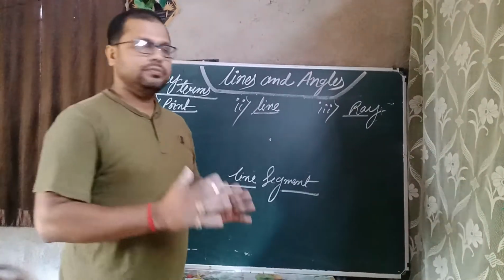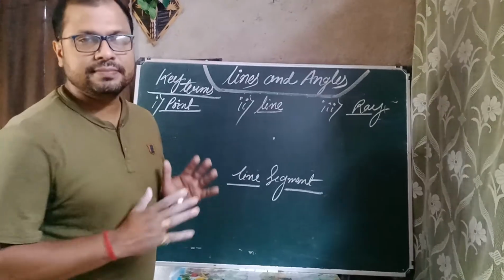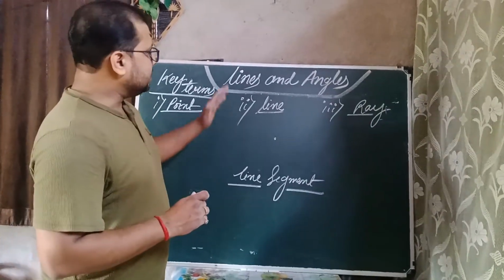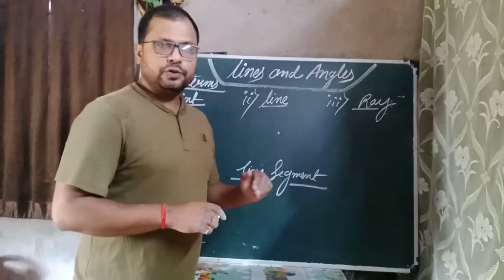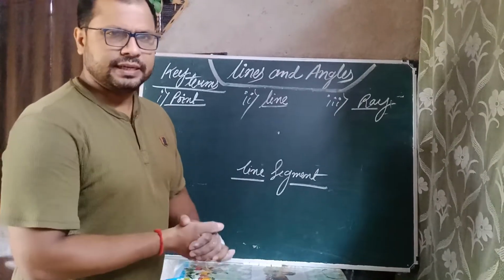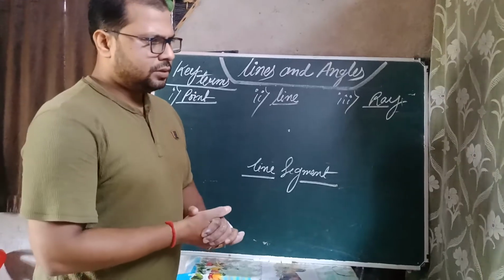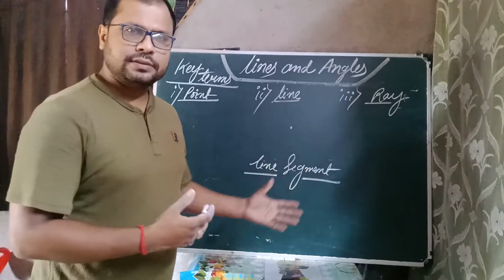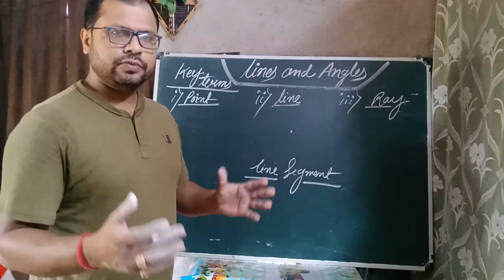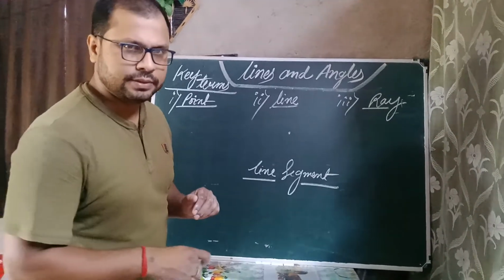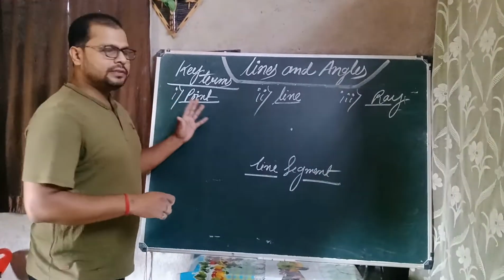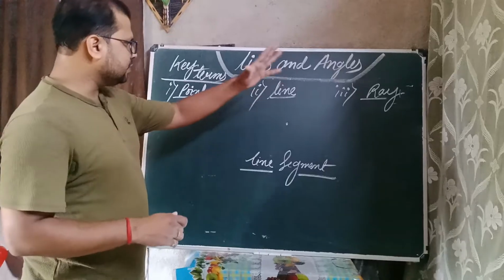Today we are going to do the chapter of class 7 ICSE Mathematics. The chapter's name is Lines and Angles, chapter number 14, a part of geometry, we can say. Very interesting chapter, but to bring the interest in this particular chapter, you need to know a few of the key terms of the chapter. So I am starting with these key terms. As you have seen, I have written the things on the board.